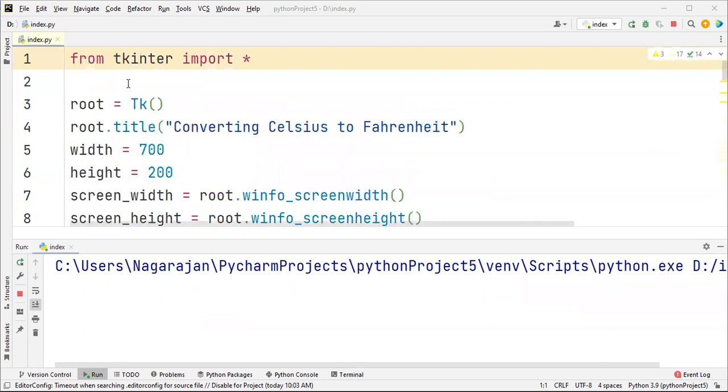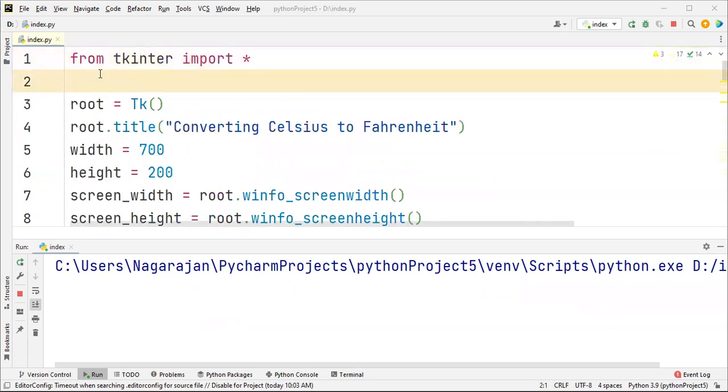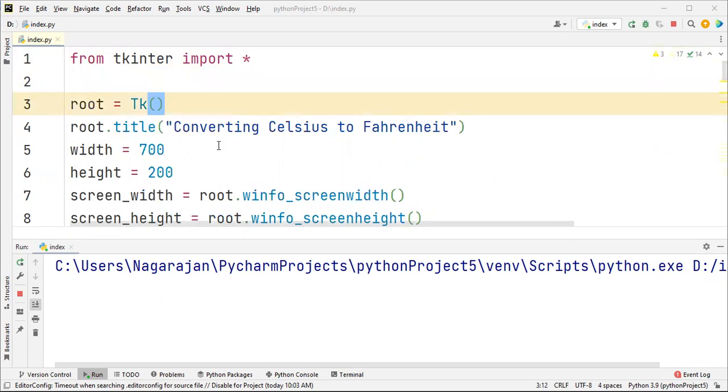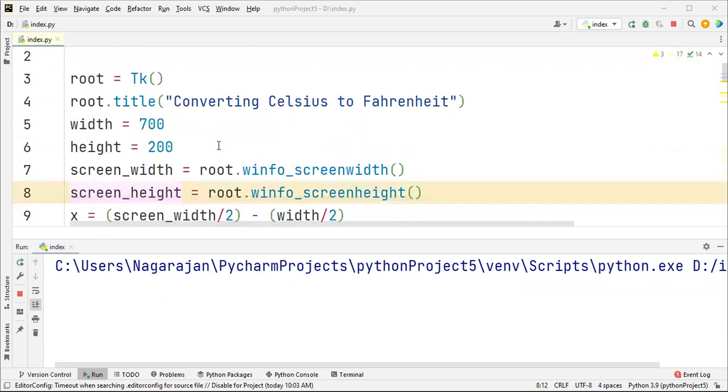First of all, we are going to import the package. That is called from tkinter import *. Then root is equal to Tk(). Then I'm giving the title, converting Celsius to Fahrenheit, and width I'm setting as 700 and height I'm setting as 200. Then screen width I'm setting with winfo_screenwidth, and